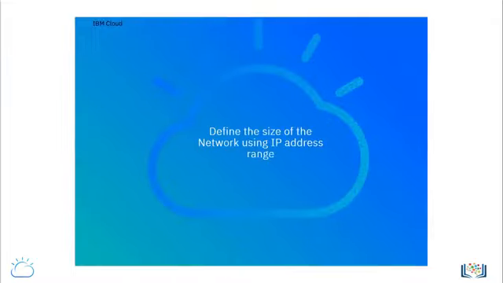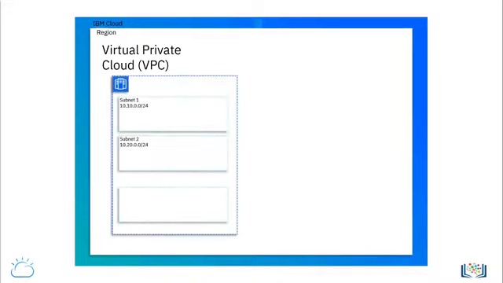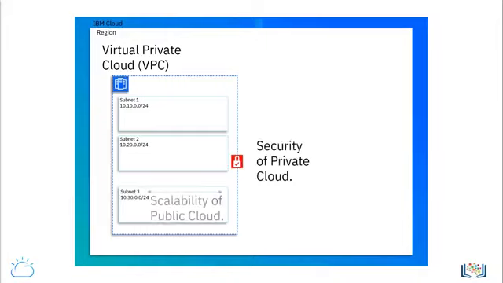To create a network in the cloud, one starts by defining the size of the network or the IP address range that establishes the boundaries of the cloud network. Cloud networks are deployed in networking spaces that are logically separated segments of the networks using options, including virtual private cloud, or VPC, that in turn can be divided into smaller segments called subnets. Logically segmented cloud networks are private carve-outs of the cloud that offer customers the security of private clouds and the